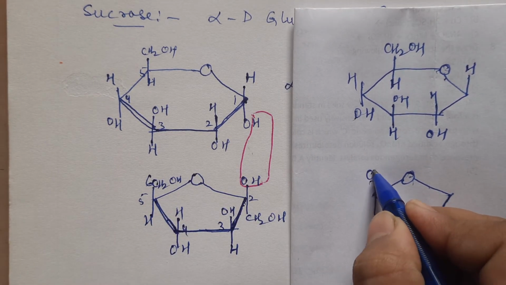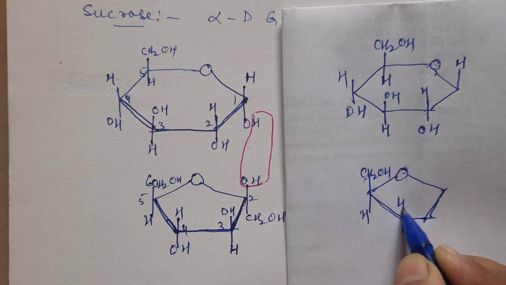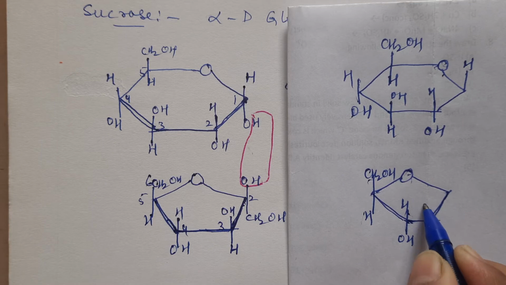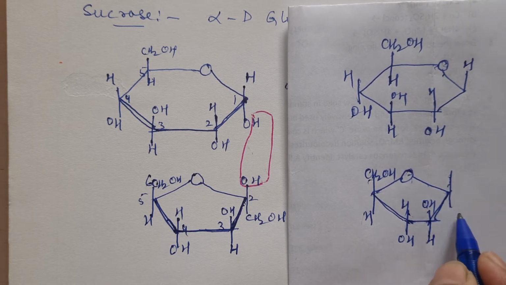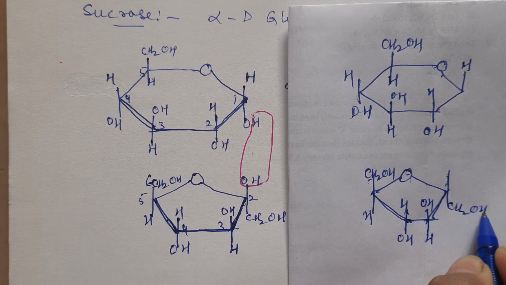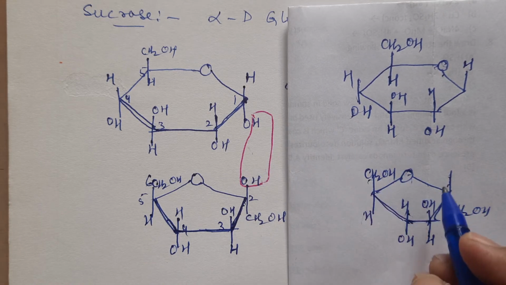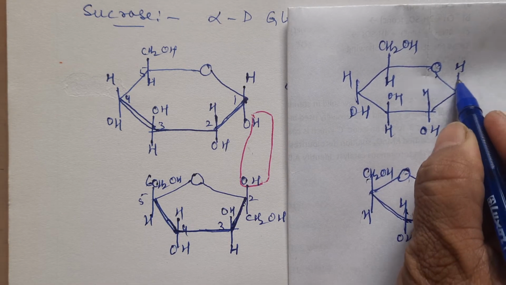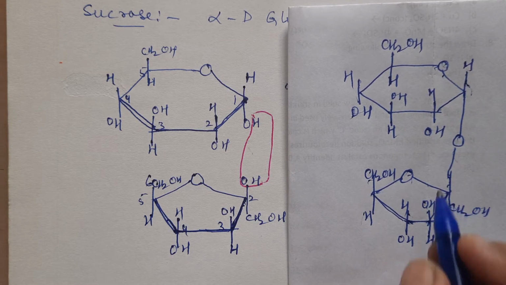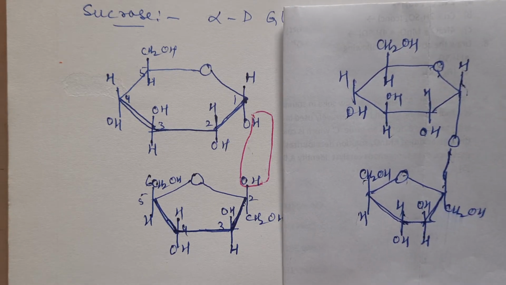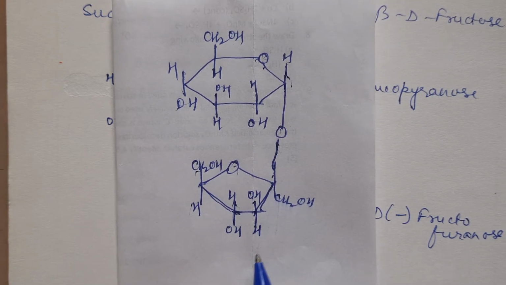CH2OH. So this is CH2OH. This is H, this is H and OH. This is OH, H. At the bottom there was CH2OH, which I have copied. This OH has gone and this H has gone as water. So what is left over between them? There is only one oxygen left over here. This is linked together. I'm just putting it in the center. This is left over now, children.